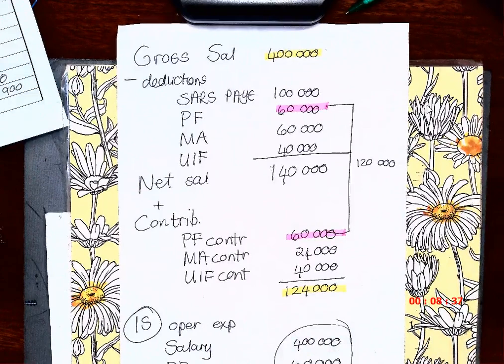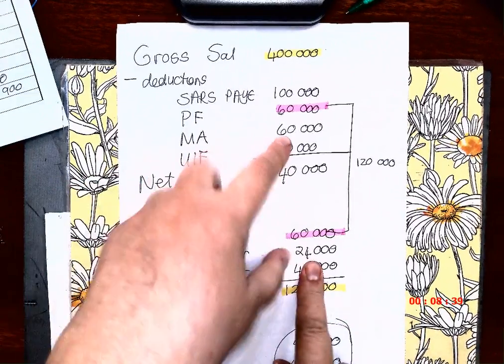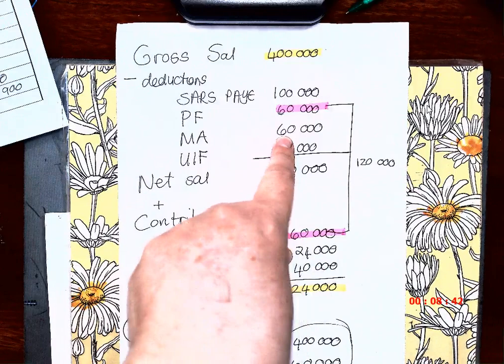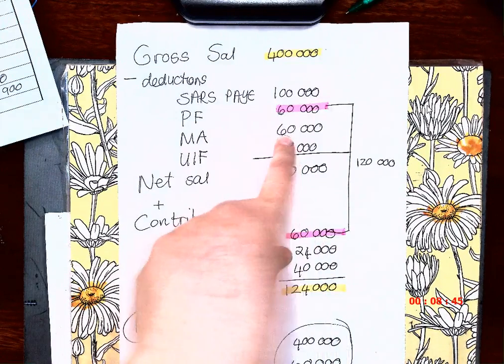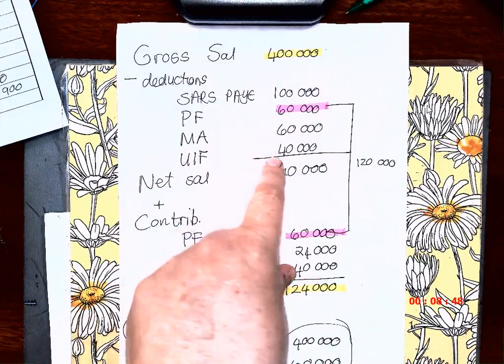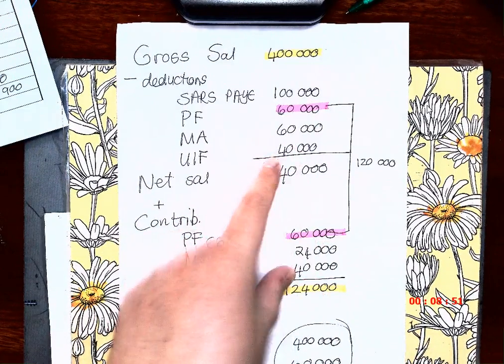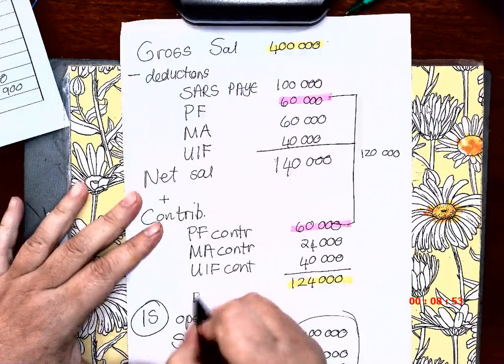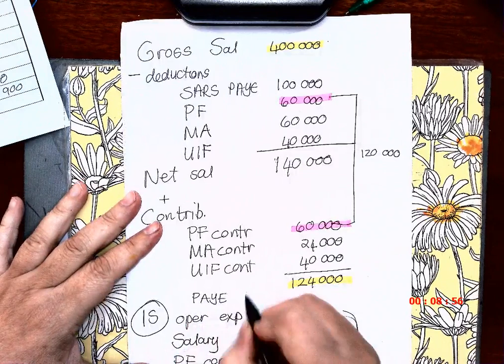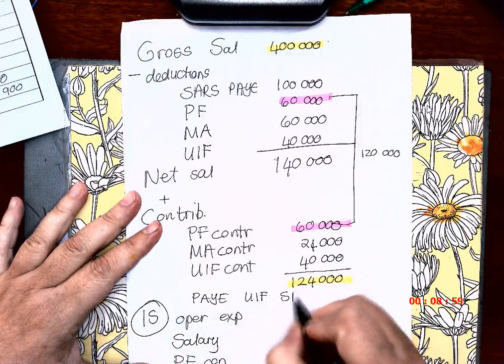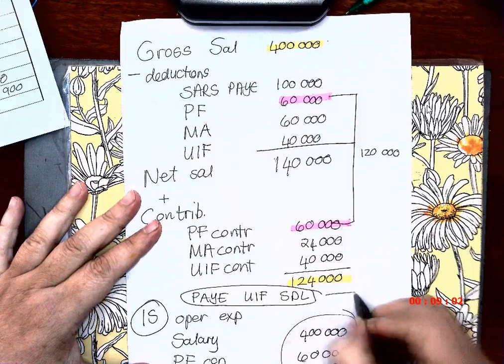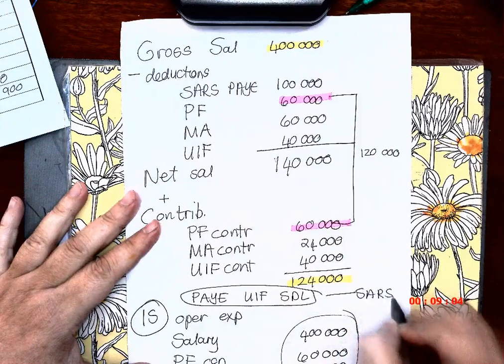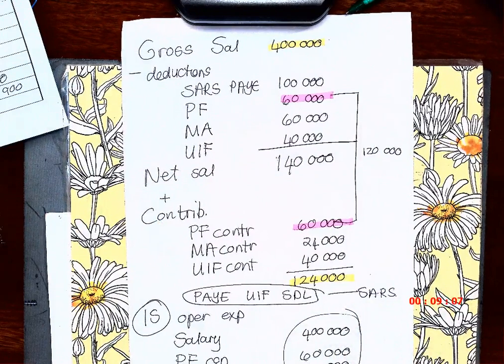If I look at the medical aid, can you see the 60 and the 24? So 84 has to be paid over to the medical aid. 40 and 40, 80 needs to be paid over to the UIF. And by the way, the payee, the UIF, and the skills development, all of that goes to SARS. They are all kept with SARS. Okay, payable to SARS. Okay, so can you see now, when I go to my note for trade and other payables,